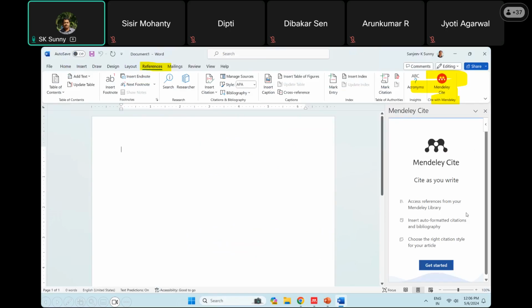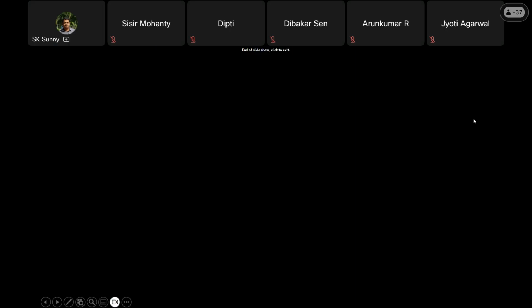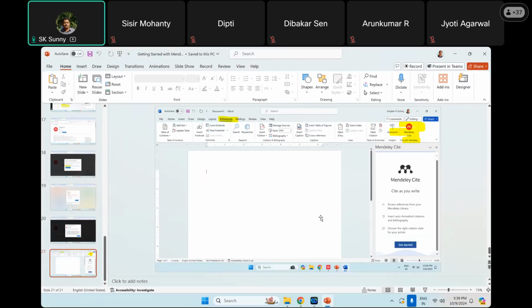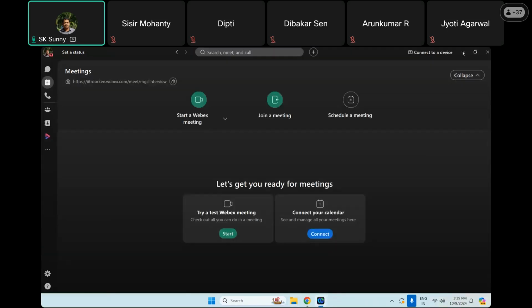And once it is downloaded, it will appear in Microsoft Word under the References tab, at the last, Mendeley Cite, and it will appear like this. By doing this step, your computer is ready to be used as a Mendeley machine. So now let me start